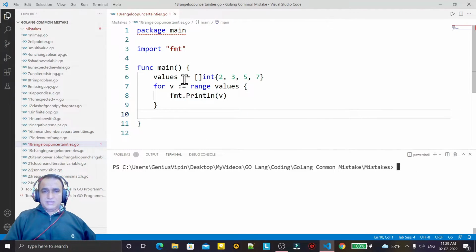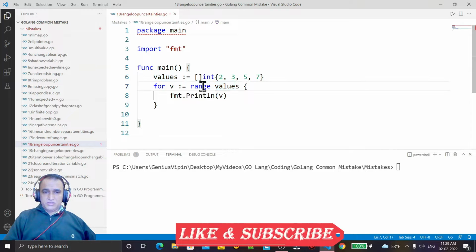So you see that this is an example. We have a slice which has some values, and I want to display these by using range, and we have a v displaying here. We want the result 2 3 5 7 to be displayed. If I run this program,